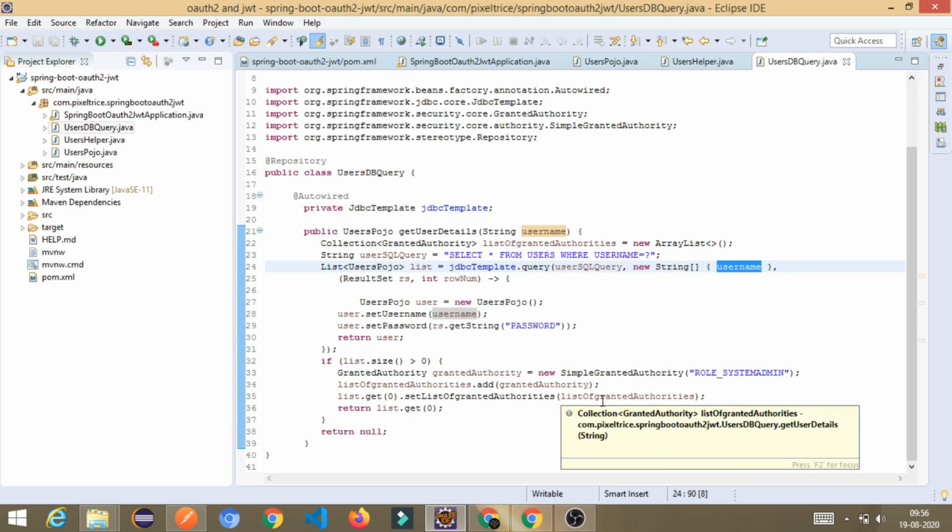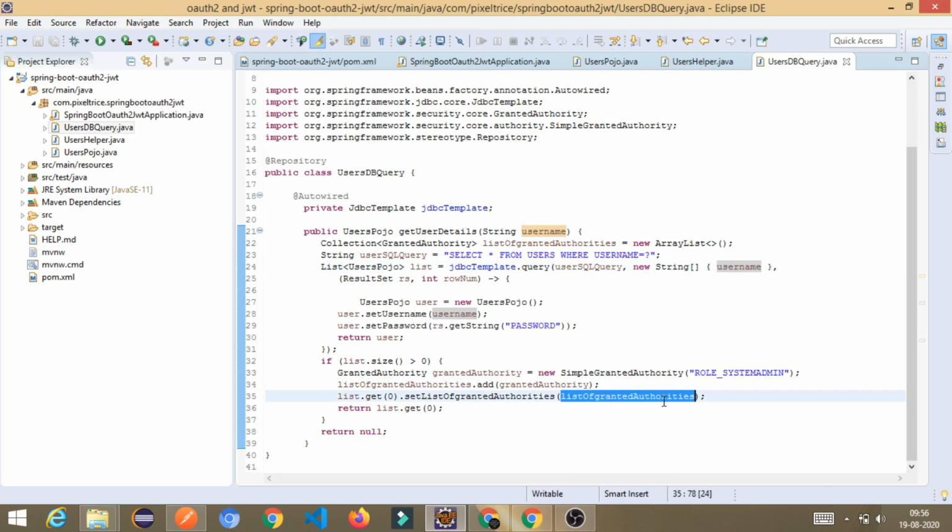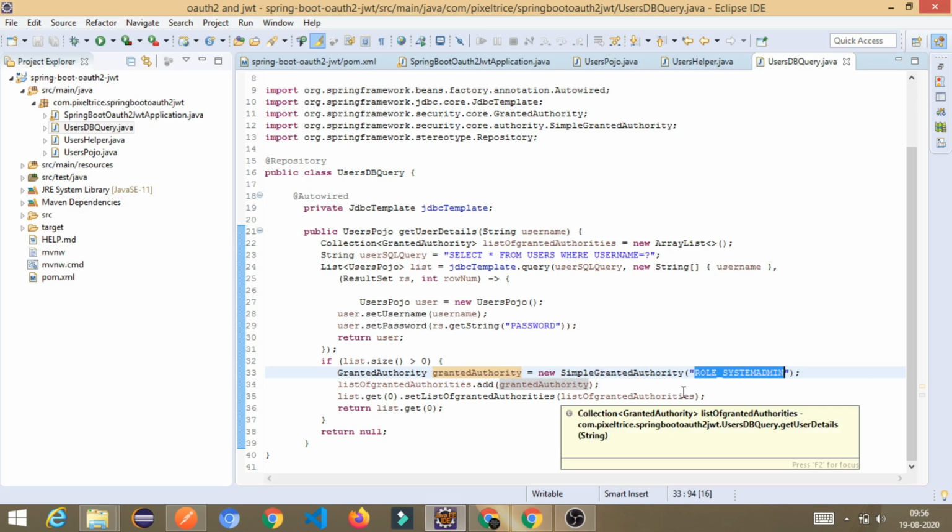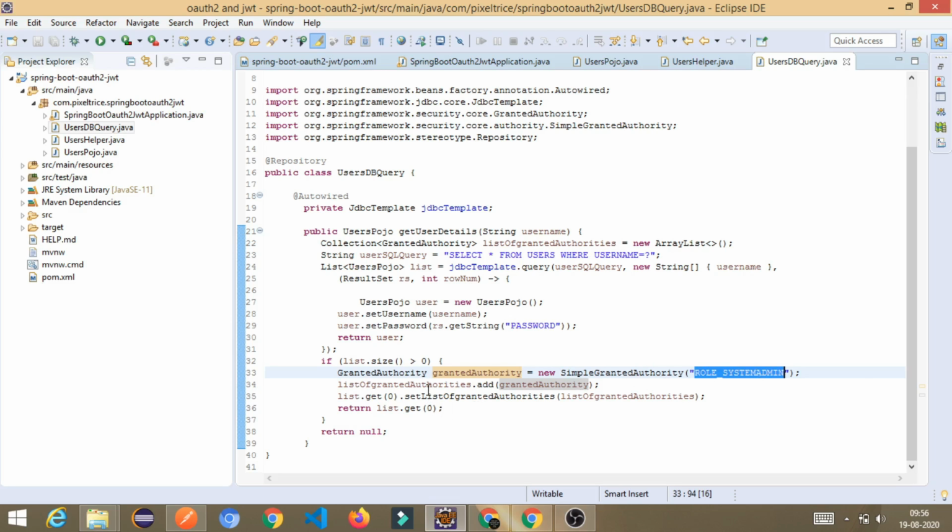I am passing the list of granted authorities here, because we already added this; this is an array. In it I have already added the granted authority object. See, the granted authority object is from here, and we have provided the role system admin to that user. So once everything is done, get 0 returns that user object.